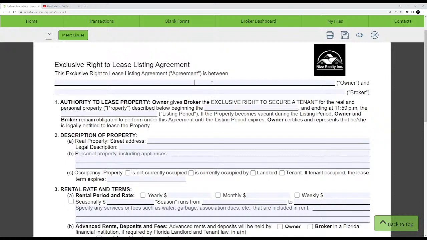So filling out this lease agreement to list the property, it's fairly simple in the beginning. You just put the owner's name. So let's just say the owner today is Billy Bob. Billy Bob is going to be the owner of this property today, just as a placeholder. Now for the second line,